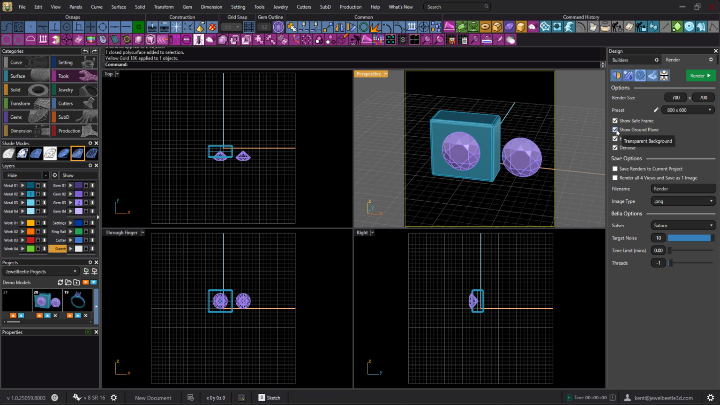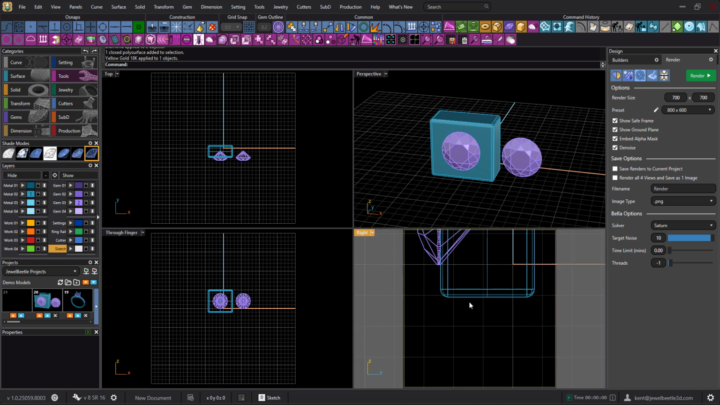I'm also going to have show ground plane on. So if that's off, we check that on. This is an infinite ground plane. In other words, it's just a virtual ground plane that Bella is going to put in here, and it's going to look at the very bottom object, and it's going to align to that face, and it'll shoot on out into infinity. And someone said and beyond, but